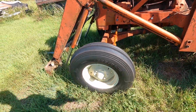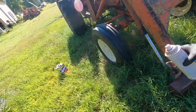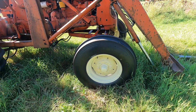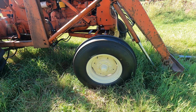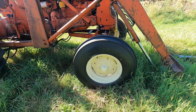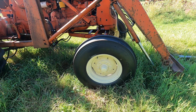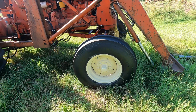I've used this tractor quite a bit since I put this on. I'm pretty sure I've moved a few bucket loads of dirt, and I've moved some more hay out of the field. I can't remember if I moved those 100 bales before or after I did this, but probably so, because